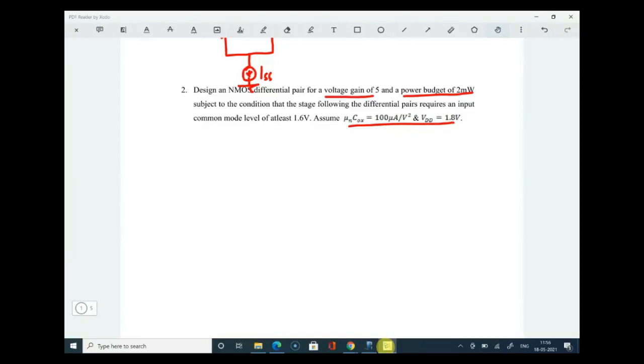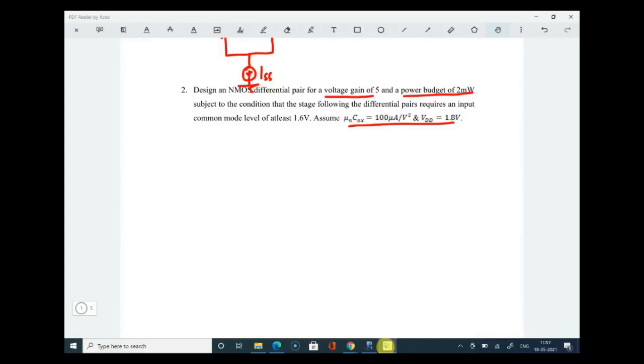So why that term is used is because in an integrated circuit, or whenever you do design, there will be different blocks. Even inside analog ICs, there will be different blocks. So there will be a total estimate for the power of an IC, and the budget given for designing the differential amplifier is 2 milliwatt. You are familiar with the budget presentation of central as well as state governments, right? This much amount will be spent on a particular item or a particular development. In a similar way, inside an IC also we use the same term. To design a differential pair here, you can spend a power of 2 milliwatt. That means you can burn a power of maximum 2 milliwatt.